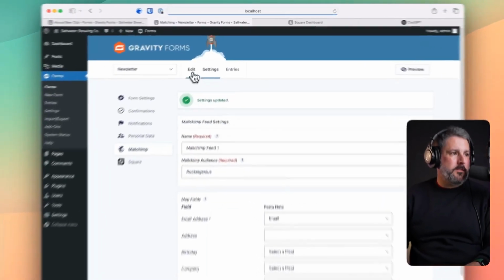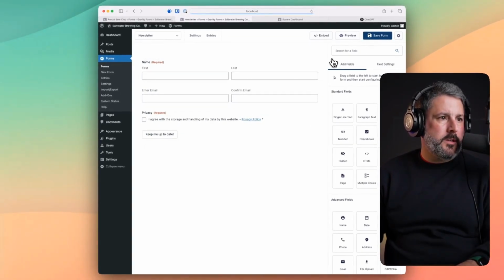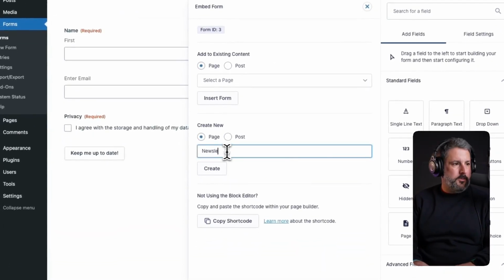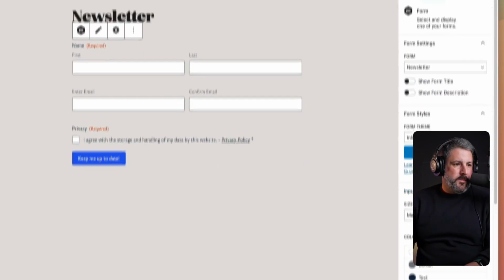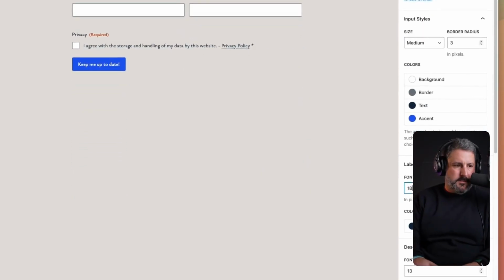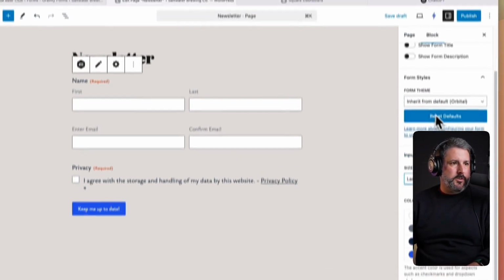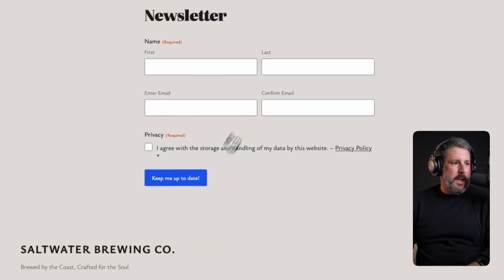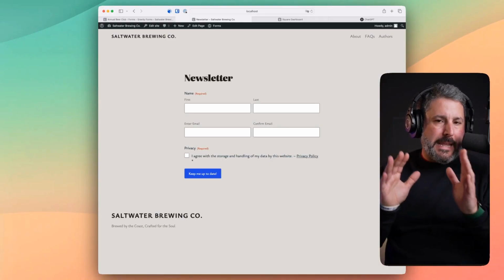Okay, so now this is ready to go. It's communicating to MailChimp, sending our email to our newsletter. And let's embed this on a new page called newsletter. And we're going to do the same thing. Remove the title, remove the description, font size 18, description size 15, input size large, publish this page, and view the page. So now we have a newsletter landing page,